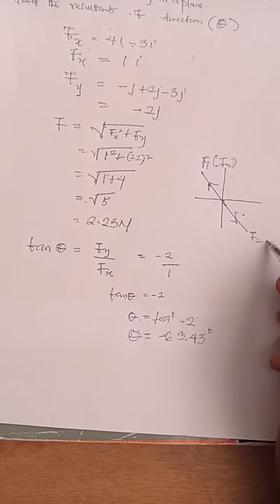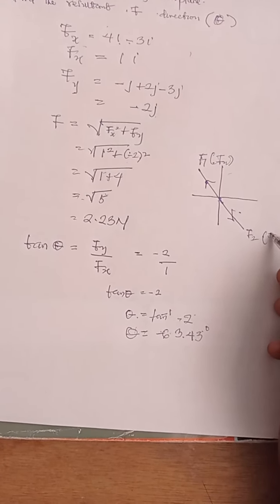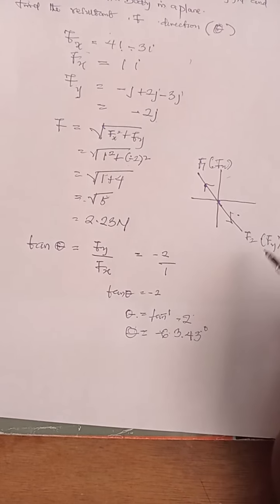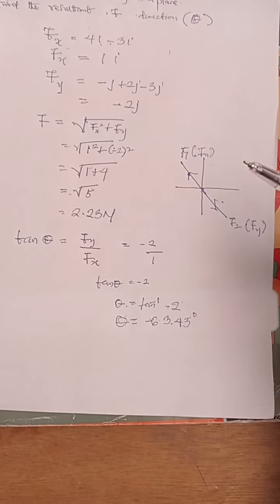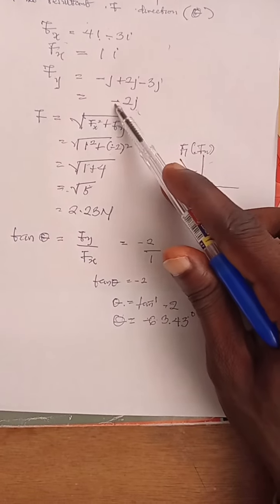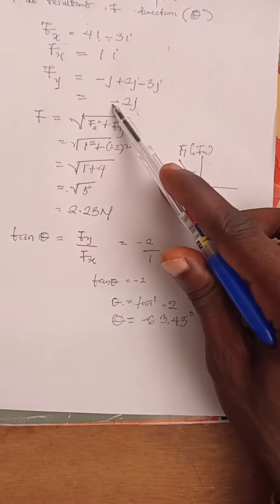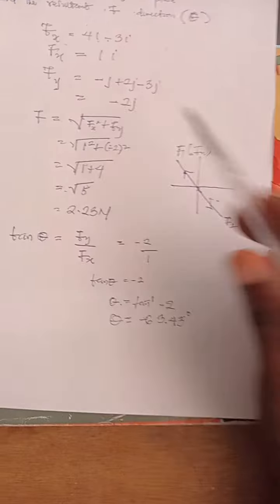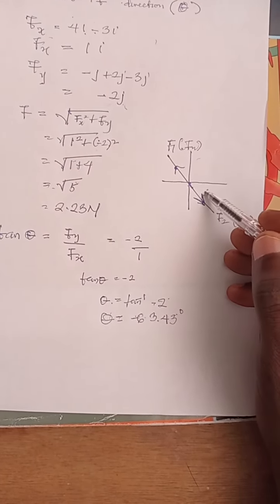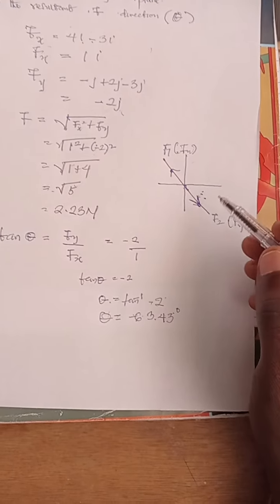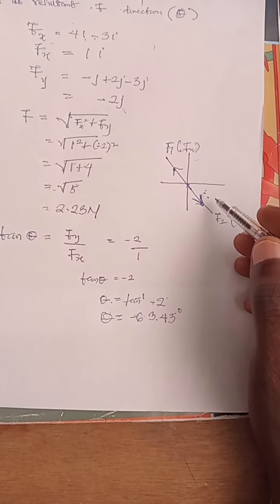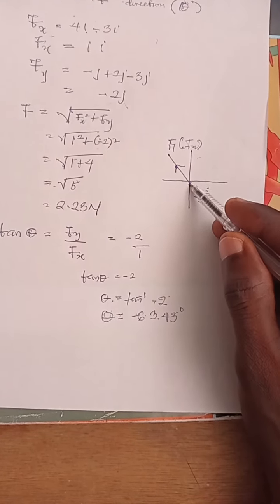Then the Fy we have here represents F2. So the F2 here, don't forget that the Fy we have here is in the opposite direction, because this negative value indicates that the vector is in the opposite direction. The force is in the opposite direction to Fx. So it's going to act in the opposite direction. That is why the arrow is pointing towards the opposite direction, because it carries the negative conventional sign. Now, where do we now have the resultant? We say that the resultant here lies on this particular